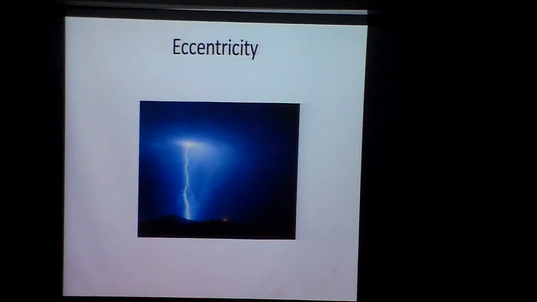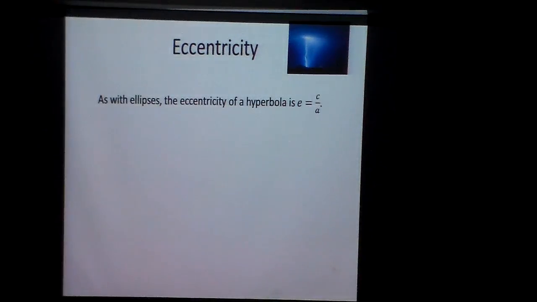But eccentricity, not electricity. And eccentricity is this with ellipses, and it's a little different than with the hyperbola. It's still E with the C divided over A. But with the hyperbola, what's going to happen is this. In the ellipses, the A was always larger, so your number was less than 1. But with a hyperbola,